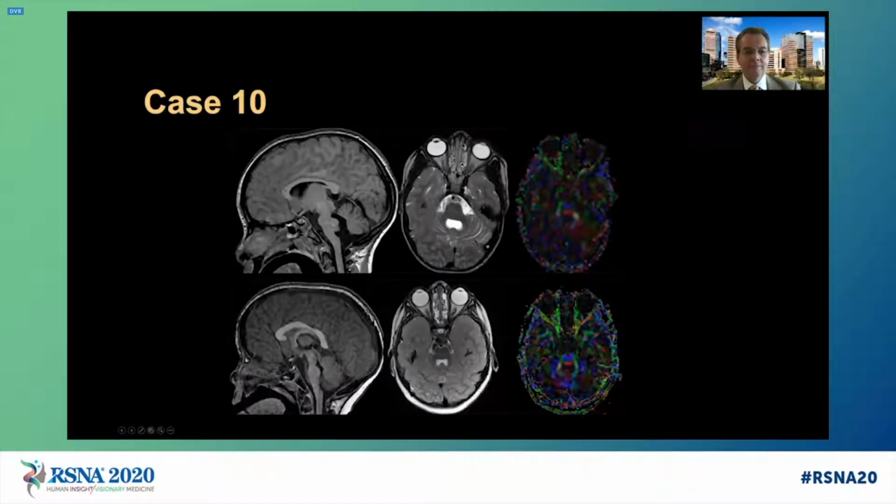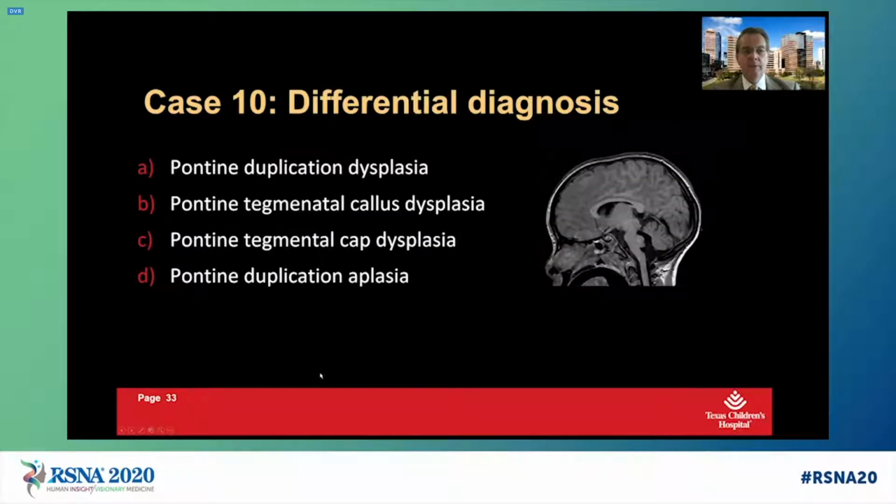Last case. Two cases here next to each other. We see here a sagittal and axial T2-weighted image and the color-coded FA map. A big bump here dorsal to the pons, and the anterior pontine belly is shallow. And we see here an abnormal appearance of the transverse pontine fibers. We see some transverse pontine fibers, or fibers in the area of this bump. Now, what is this? A pontine duplication dysplasia, a pontine tegmental callus dysplasia, a pontine tegmental cap dysplasia, or